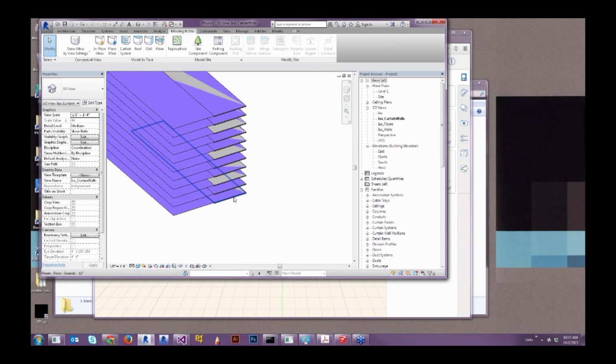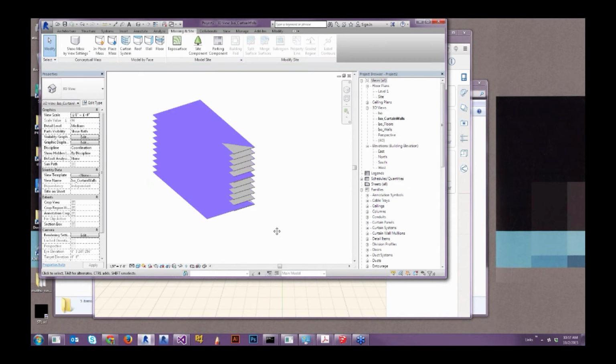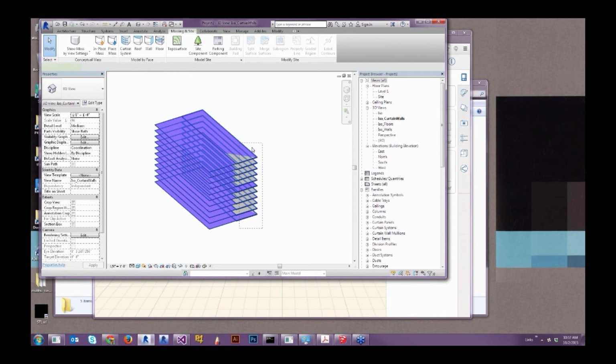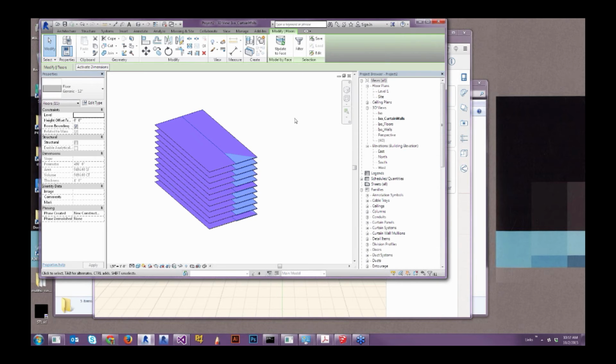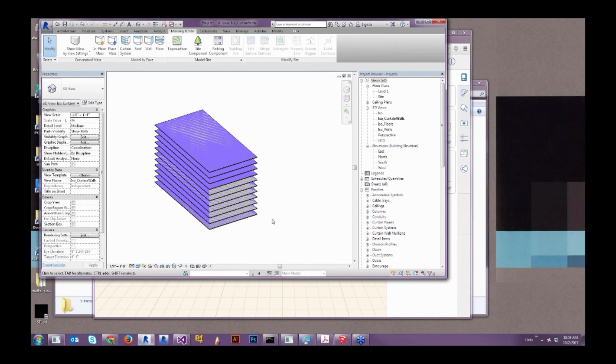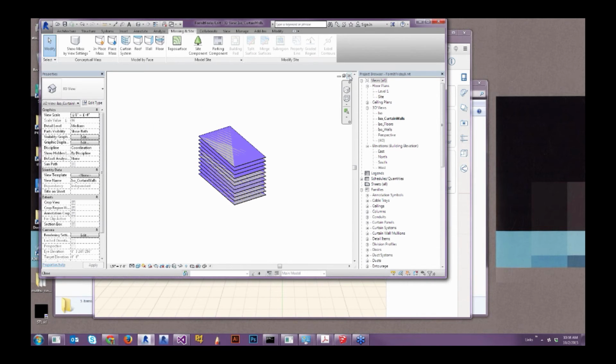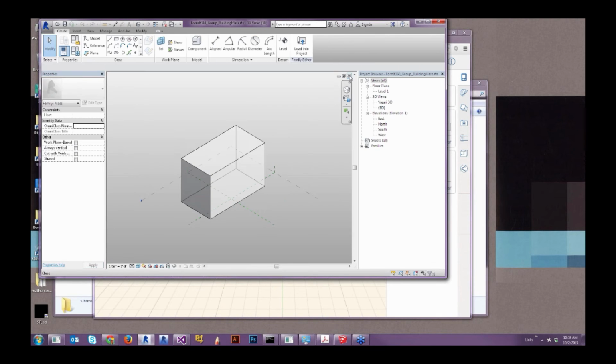As soon as I do that, I can also select these floors that I created, and probably want to do that kind of box selection, and click the Update to Face. And this is a pretty trivial example, but it's able to update those floors to that mass. So it has the same file name, group name, and so it's able to make that connection between those two. So you can start to work back and forth between Formit and Revit.